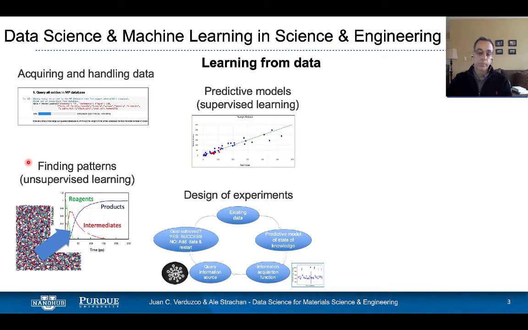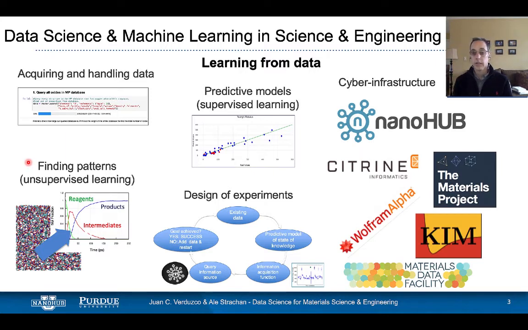So in order for these data science activities to occur, we need an underlying cyber infrastructure to support the data and the models and allow people to find data and share, contribute their own data.